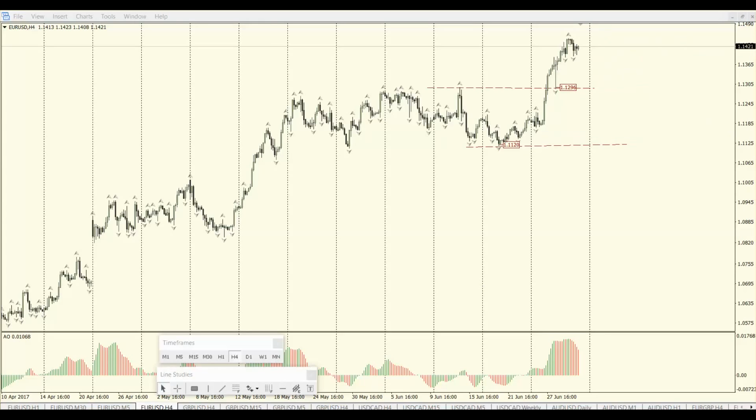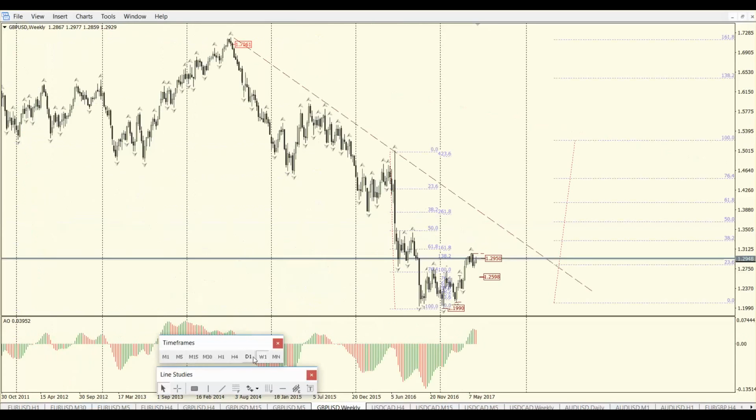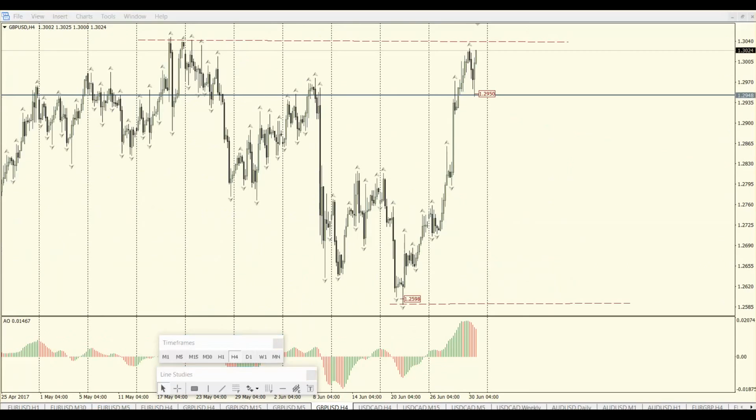Next pair is British Pound. British Pound is the only pair that stayed in the flat phase last week. But as you can see here, if you remember my last review, these two were my reference points for D1 flat phase. And we are now very close to this reference point here. So if we break through that reference point, this pair will come back to trend phase